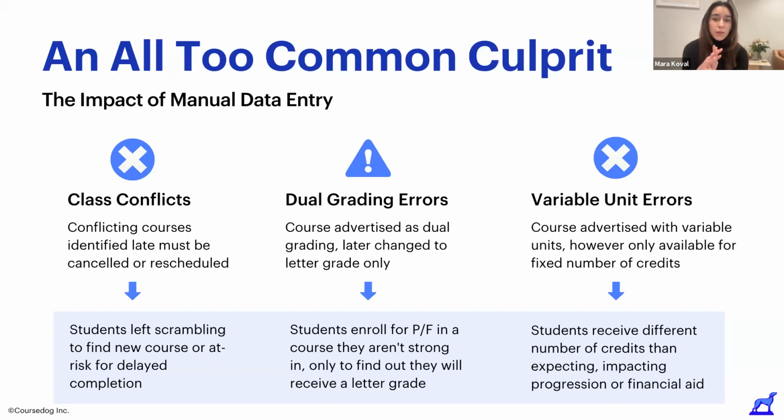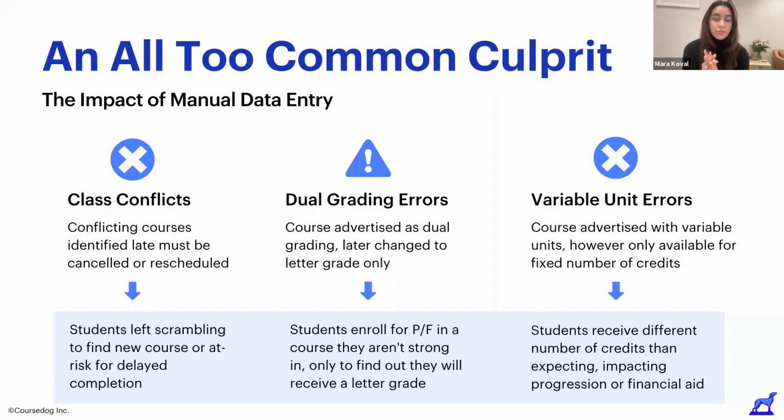Class conflicts come up in almost every conversation that I have with academic administrators when we're discussing their scheduling challenges. Scheduling staff often spend numerous hours coordinating the schedules that they receive from multiple academic units and then entering this information into the SIS manually. They often don't have the time or capability to audit if all of the co-reqs or prereqs for each academic program are scheduled at different times. And then inevitably, some of these courses slip through the cracks and are scheduled at the same time.